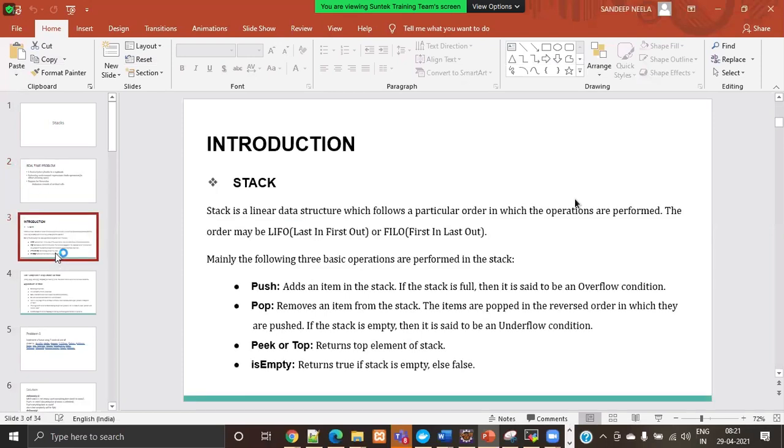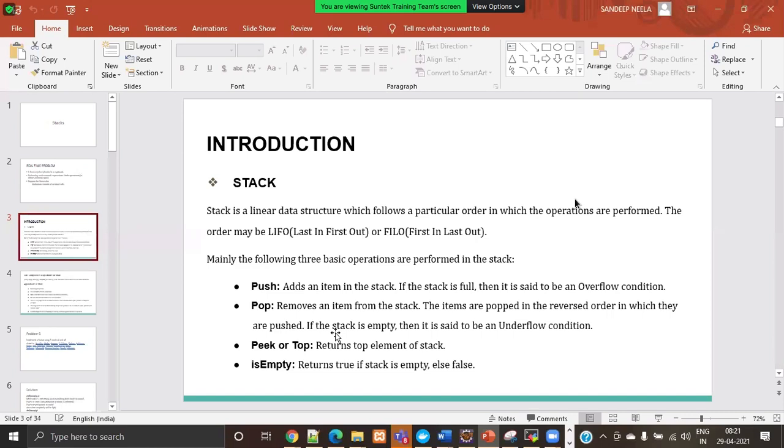Next, a stack is a linear data structure which follows a particular order in which operations are performed, that is last in, first out. Mainly the following are the basic operations: push, pop, peek, and isEmpty. What do they mean?